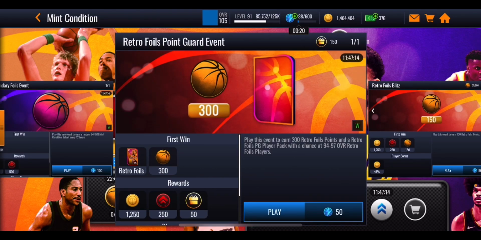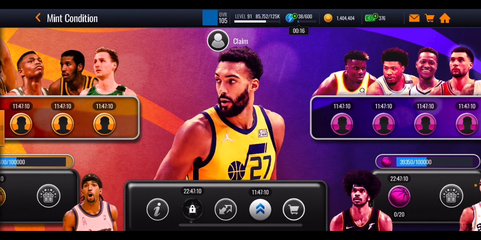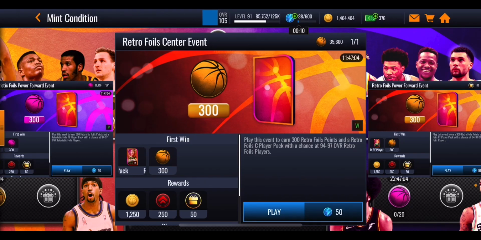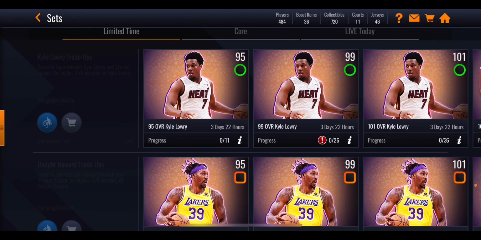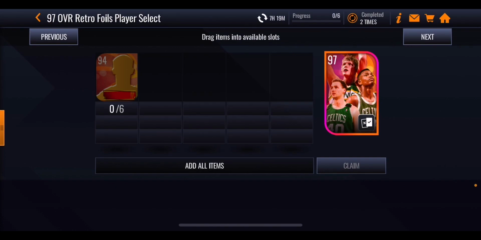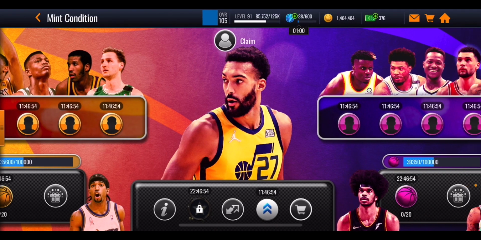You can also play through as many of these events along the top, which I do recommend you do, because they can give you some pretty nice players. But out of these ones, you do have a 5% chance at getting the 97s and a 15% chance at getting the 94s. And with the 94s, you can go back into the sets, and you can see you can exchange 6 of them for a 97 select pack. So I do recommend you get as many players as you can, play through as many events as you can,